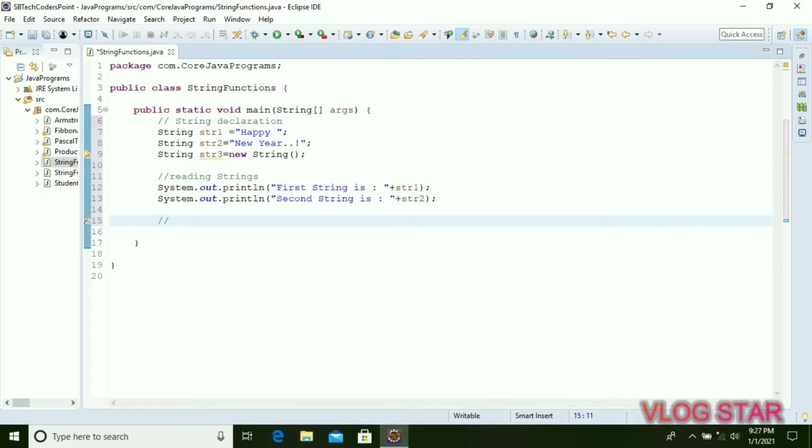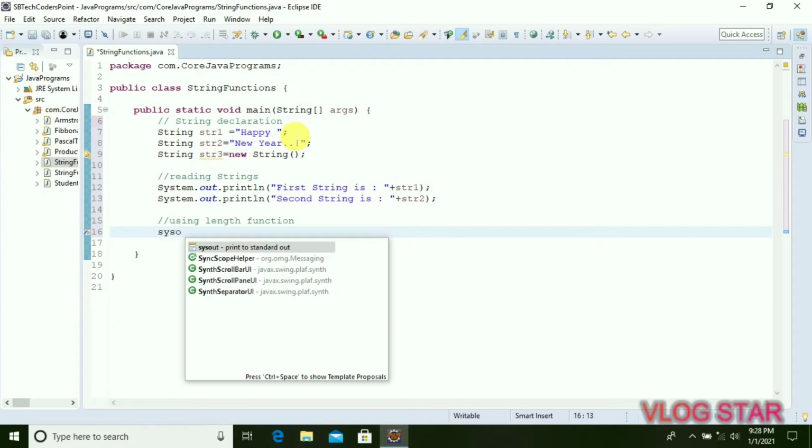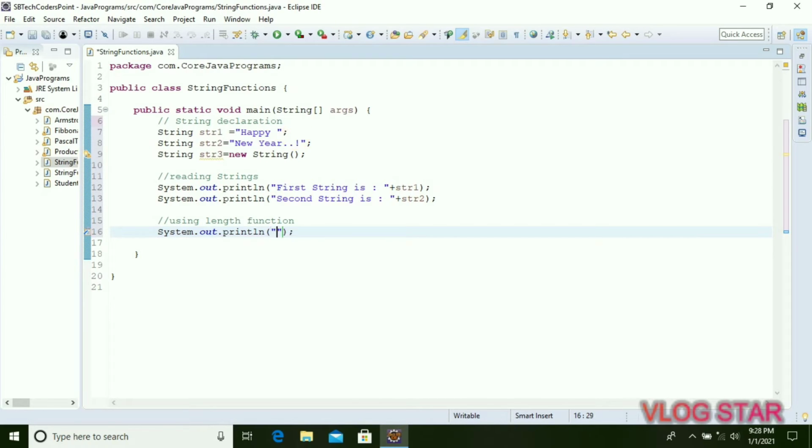Again we will check the length of the strings. So for that we will use the length function now. So first we need our output statement, that is System.out.println, and within this we will check our first string's length.